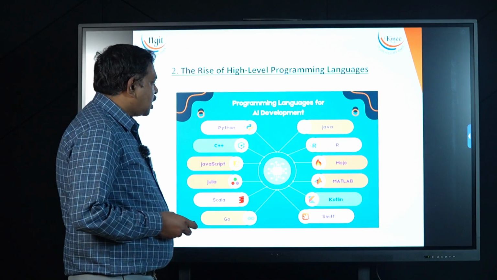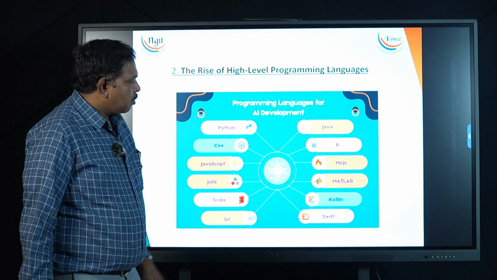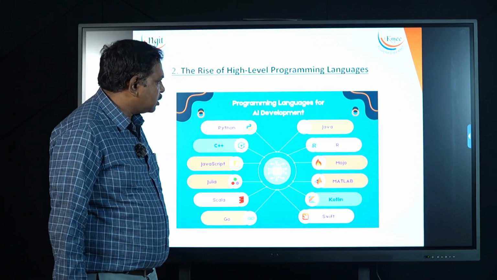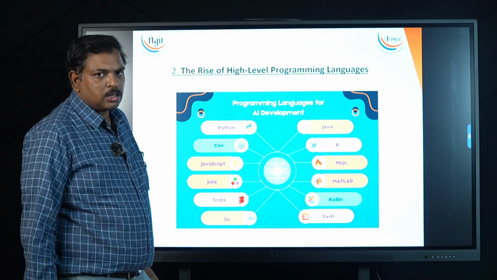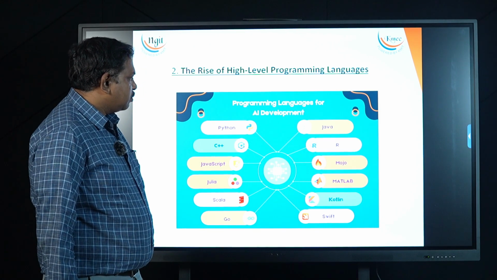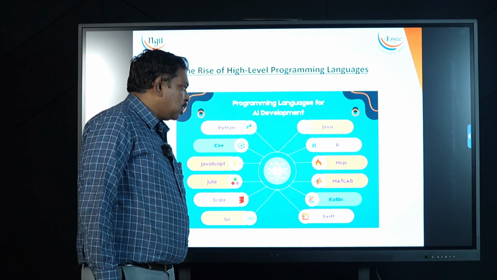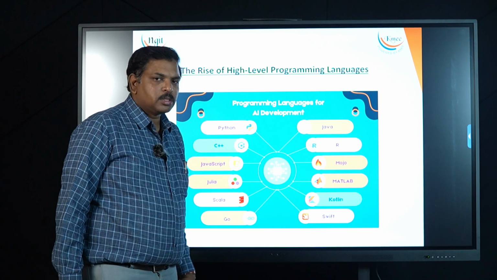MATLAB is always there. MATLAB is the MathWorks language. Many engineers for over two to three decades have been using MATLAB in their designs. Many AI algorithms use mathematical work done in MATLAB. They are being designed in MATLAB. So now in the AI field, it offers many high level computations.